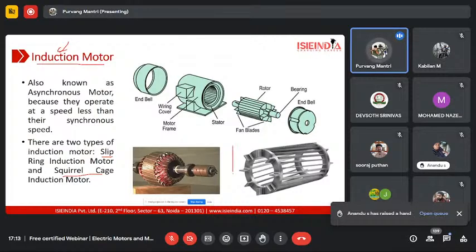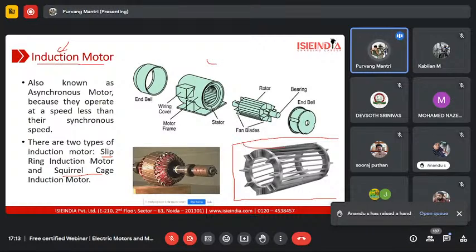This is the rotor of a squirrel cage motor. You can see the rotor is made of iron bars, which are mounted at a certain angle. The reason for this angle is to provide better torque. What this motor does is, it's all in the name, induction. The stator windings create a rotating magnetic field, and that magnetic field will induce a current in this rotor,